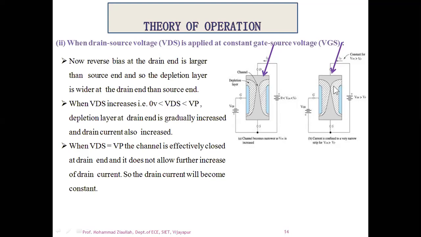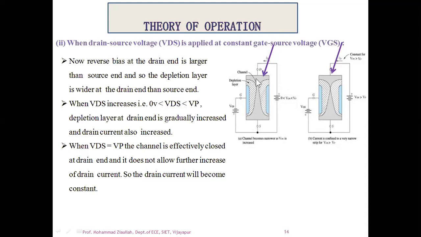Here you can see they are beyond the zero voltage, but they should be less than some threshold voltage. Then they will touch each other at this particular point. Now there is a possibility that there will not be any flow of current, because we don't have any path, we don't have any channel, so that the flow of electrons will take place from source to drain. So these two conditions are valid.